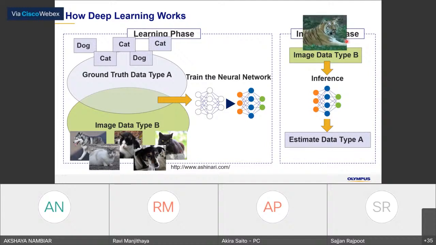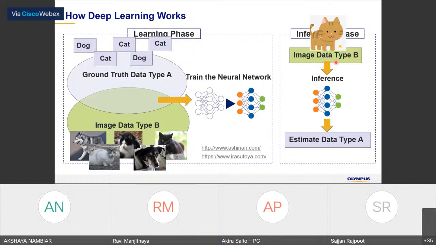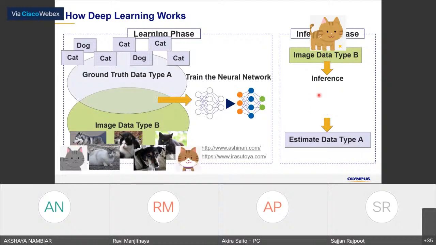But sometimes a tiger image comes and we use the same neural network, then it can be identified as a cat, but with a low probability, because it is similar to a cat but not exactly like the cat the network was trained on. And sometimes a cartoon comes in and we do the inference using the neural network, and it will be understood as a cat with a low probability, because it's similar but different.